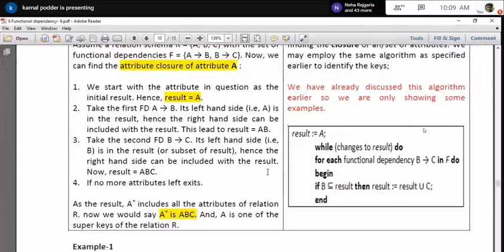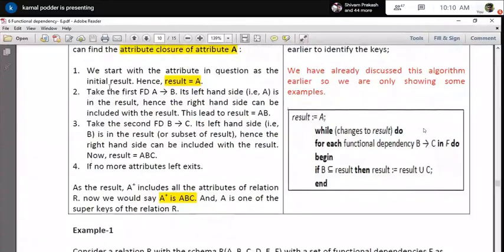What is the procedure? Suppose you are finding the closure, and the individual attributes belong to the closure set, and then one by one, repeatedly, you add them. So I first define a result. It is also a set, and I start with A, because from the earlier rules we have seen the closure of A contains that particular attribute also. That is the reason when initializing the result, you start with the attribute A, because we are going to find the minimum closure of A.